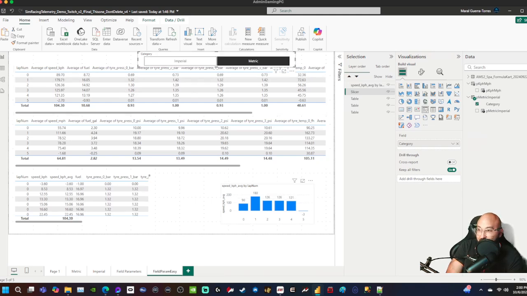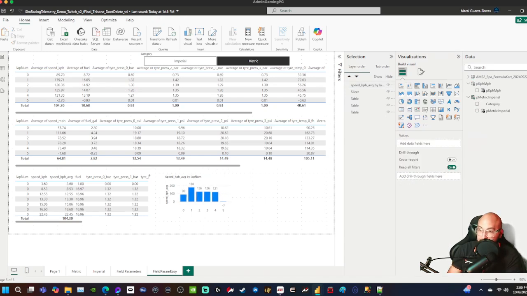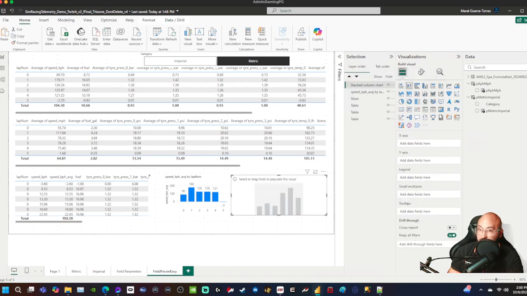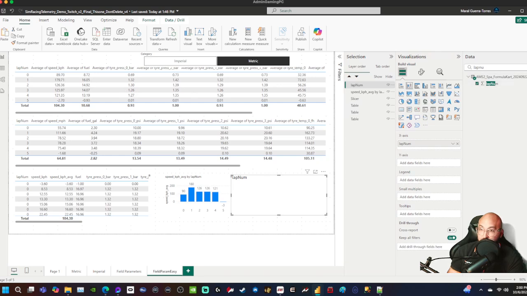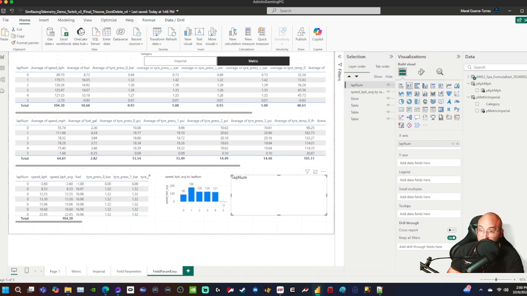So, what do? The only reason that this did work, by the way, is because we already had one selected. Now, let me show you, when you build this from scratch, it does not work. So let's show you what that looks like right now. I'm going to add the same exact visual right here. I'm going to add the lap number. Power BI, you always surprise me. Okay, here I'm going to add lap number, and then I'm going to take that same visual. Remember, what we're doing is P metric imperial. I'm going to swap that. I'm going to add this right here,